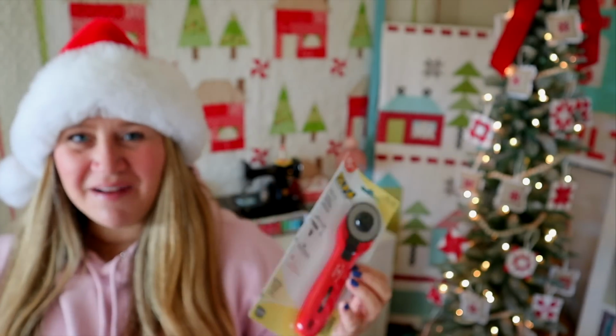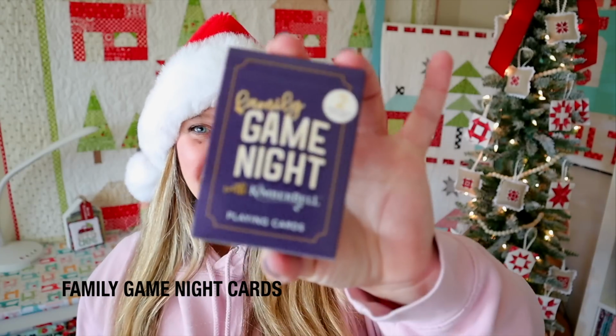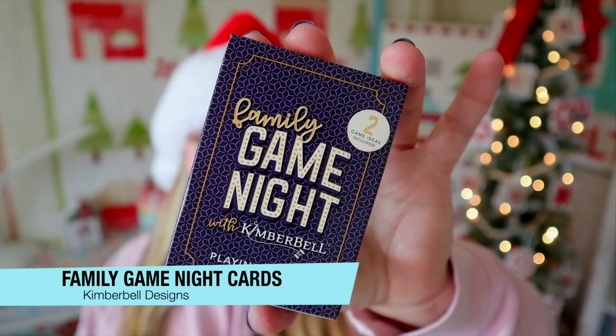I kind of like that I'm getting a whole little series of red things in my box so far because I can kind of deck my sewing room out for Christmas, you know. Kind of already have. Another fun thing in our box, and I kind of like that they included a non-sewing item here,